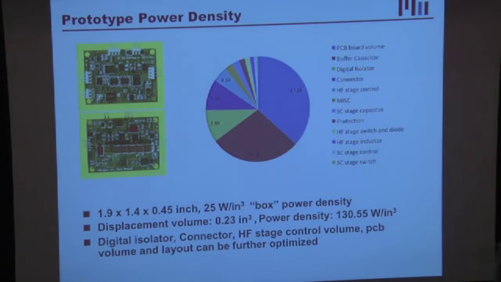But how are we doing on our miniaturization goal? Well, the prototype I'm showing you was 25 watts per inch cubed, or about a factor of 5 higher in power density than typical commercial designs. In fact, I don't have the picture of it, but we redistributed the capacitors on the second and rebuilt it so that the box power density was approximately 50 watts per inch cubed, or 10x the power density of typical designs today,